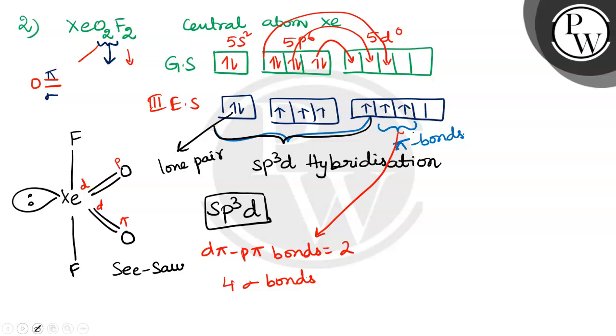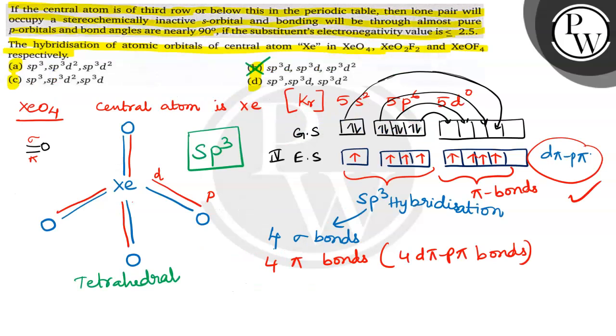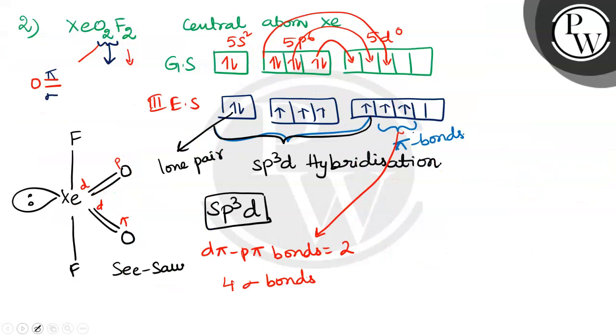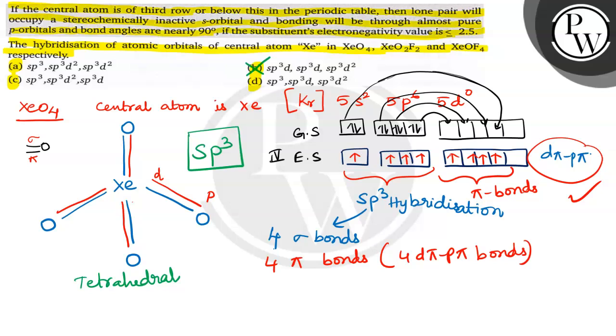Next, going to see the third one. What is the third? XeOF4, xenon oxide tetrafluoride. So हमारा second structure कौन सा है? sp3d hybridization. ये first option में sp3d2 दिया है ना, इसलिए ये गलत हो गया. हमारा option ये गलत. Option C में क्या दिया देखो, sp3d2 दिया है. ये option भी गलत हो गया. ऑलरेडी B गलत हो गया इसके वजह से. सो हमारा सही जवाब है ऑप्शन D. sp3 ये मैच हो गया, sp3d ये भी मैच हो गया और फोर्थ वन भी मैच हो जाएगा, sp3d2 फॉर